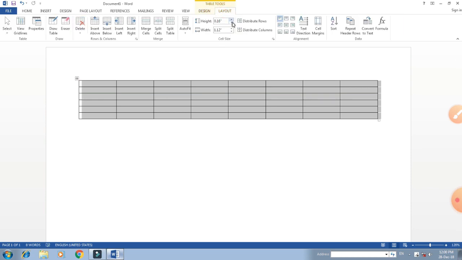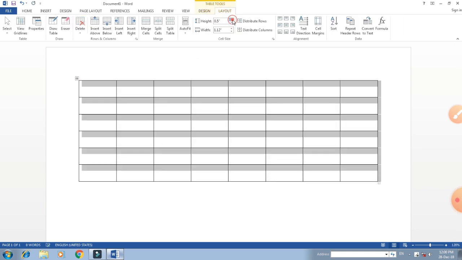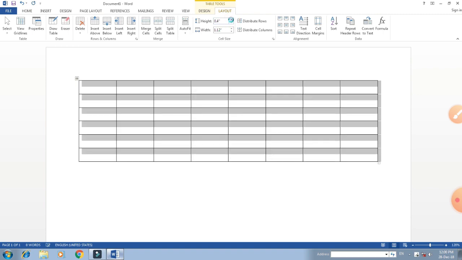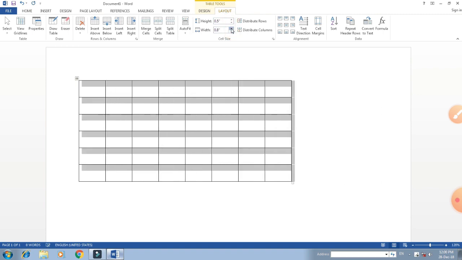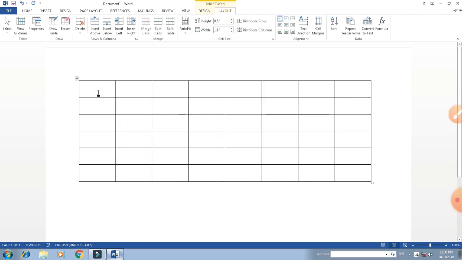If you want to resize, first of all select the table and click on Layout. Here you can increase and decrease the height and width of your table, and distribute rows, here you can see the height and width. First of all we will create the data, because if we want to do the formatting related to the table and learn other things, we have to type the data here.